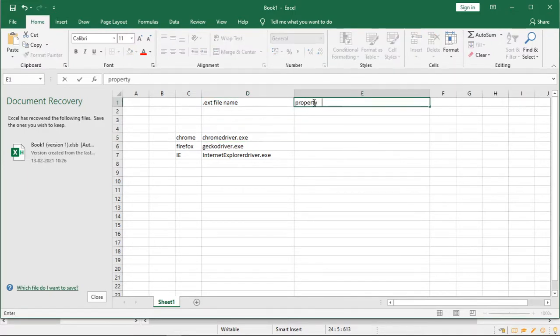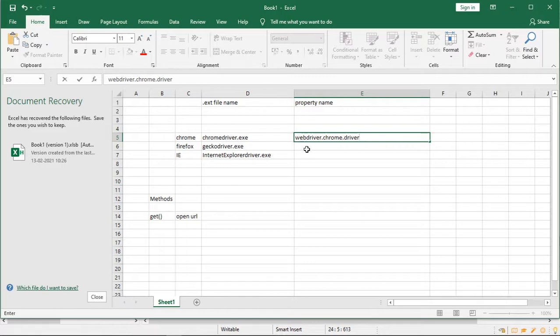Property name. So methods. First, what is the first method we have discussed? It is the basic one, which is get. That will open the URL. Let me write open URL. Right. So what is the property for Chrome? webdriver.chrome.driver.